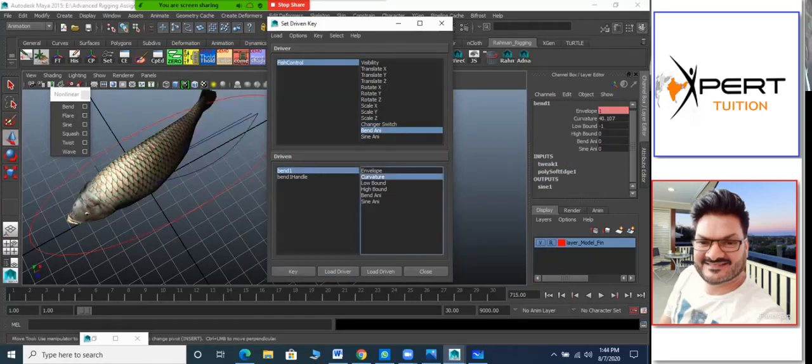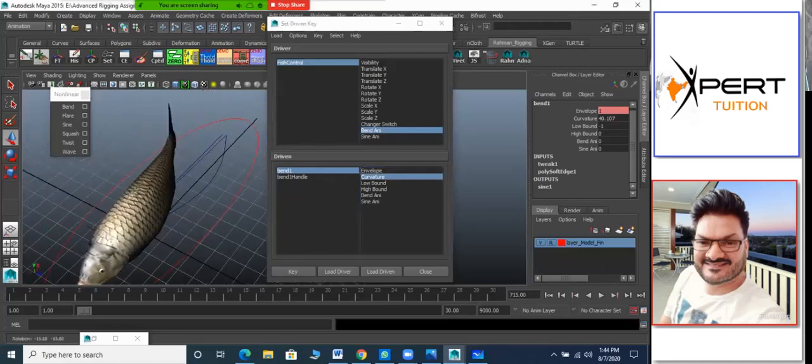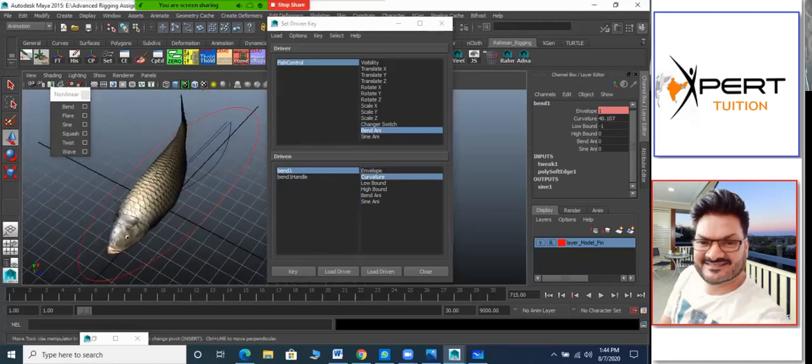Just remember what we are adding. Face control, I added bend animation attribute. So that I am selecting for bend deformer. Curvature is the value going to plug there. So that's why I have selected that. And this is for default position. I am keying it. So you just need to key here. Default value. Curvature value should be default 0. So I'll keep 0 and key it. Default. Okay. Bend value 0.